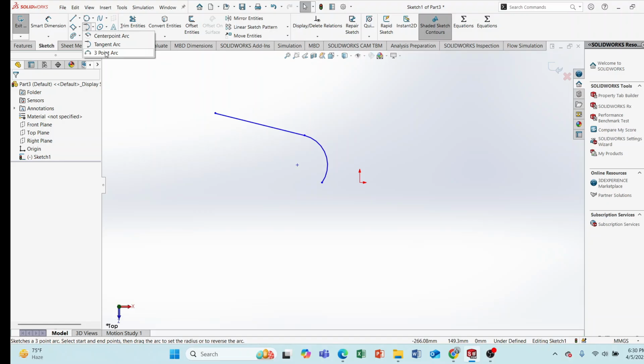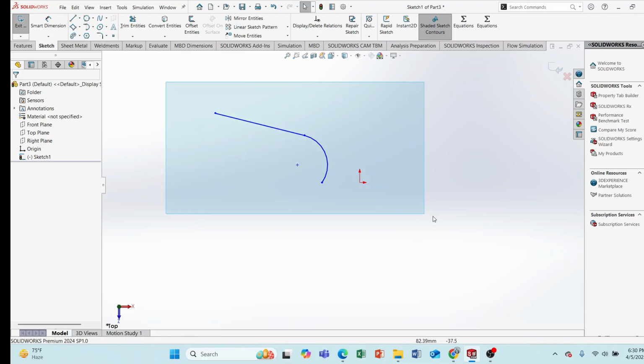You have been given 3 points, but the radius or dimension is not given. Then in that case you can use the 3-point arc. So now let's